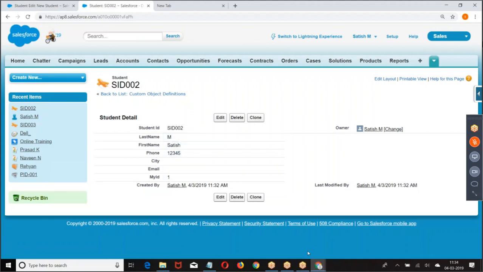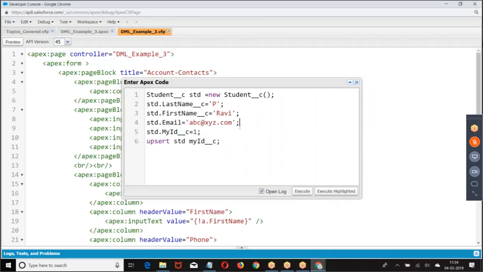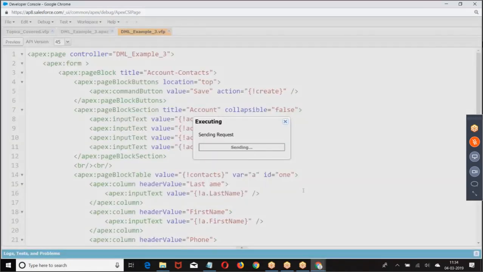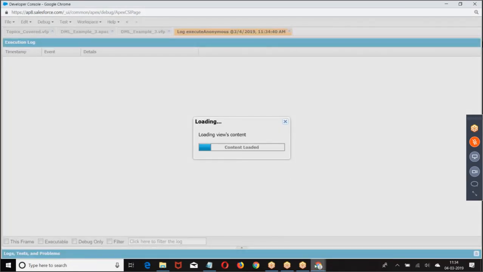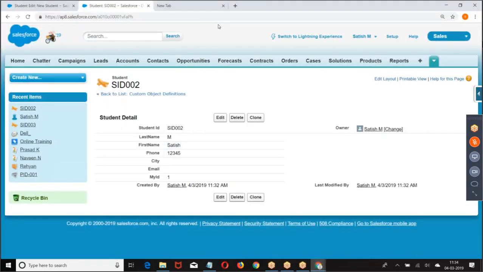This is the external ID. So then execute. Now, is it going to insert the record or update the record? Let me refresh. Now you got here XID 1. The same record was updated because the ID was already existing.